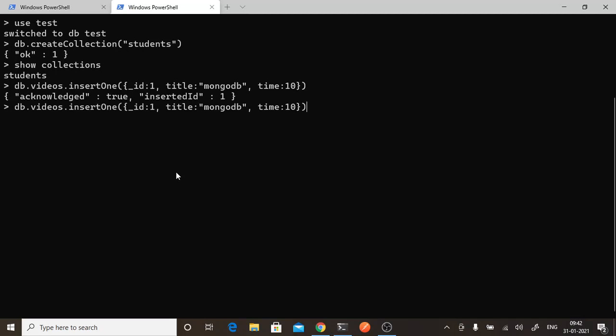In the same way you can insert multiple records also. If you want to insert multiple records, the command will be insertMany. Instead of one, it is insertMany, and inside your parentheses you will write one record in curly braces, comma, second record in curly braces. You can give as many records as you want. For now I will give just 2.